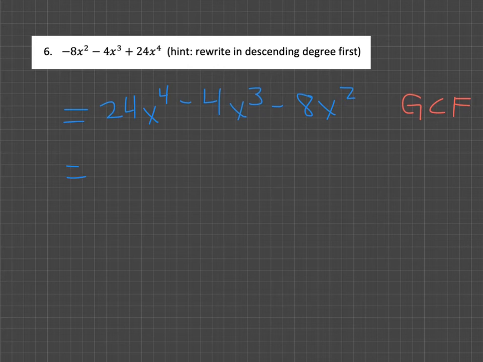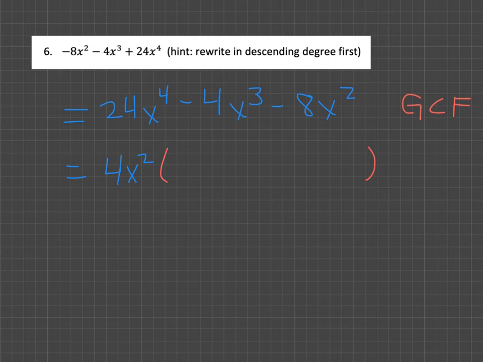What factors go in each of those terms? Looking at 24, -4, -8, we can see that 4 goes into each of those numbers. And the biggest factor of x's is the x squared. So that's what's out in front. Now we go through and write down what's left over from each of the terms when we take out 4x